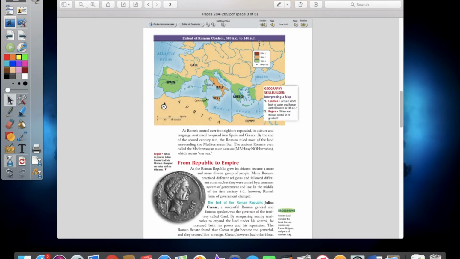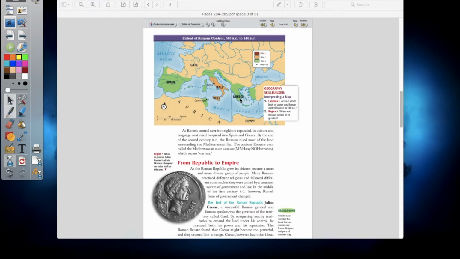In fact, as you can see in this map here, originally Rome was just a city-state. Like we talked about city-states in the last lesson with the ancient Greeks, that's originally what Rome was. It was originally a city-state. They went to war with Carthage, another city-state across the Mediterranean Sea from them, because of shipping reasons. But when they defeated Carthage in what's known as the Punic Wars, not only did they take over Carthage, but they also started taking over territory. Because of that, Rome started expanding outward from itself.